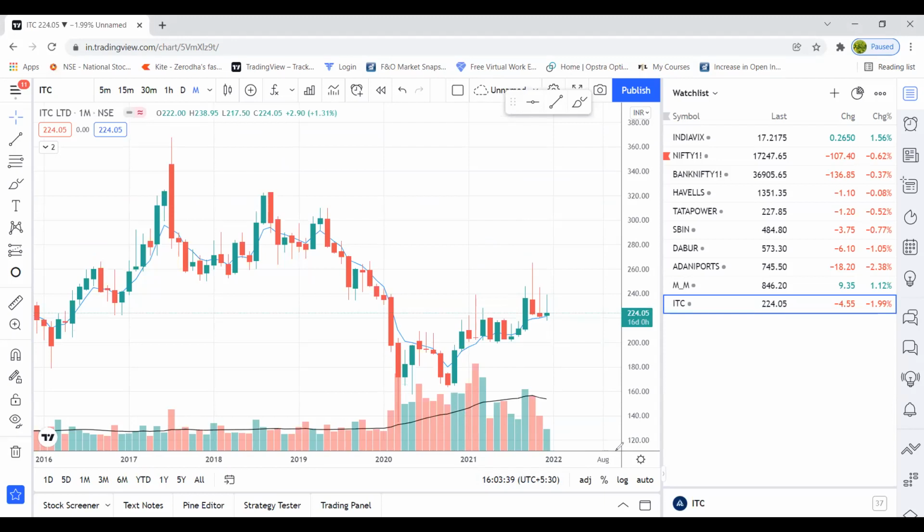So ITC, we can see that in the pandemic mostly it was range bound because mostly hospitality didn't do well during the pandemic, but later on, at the end of December 2020, it took off again a little, and again in mid 2021, when the second wave came, it impacted the stock again, becoming range bound. Then it's slowly seeming to go up, but at a slower pace.